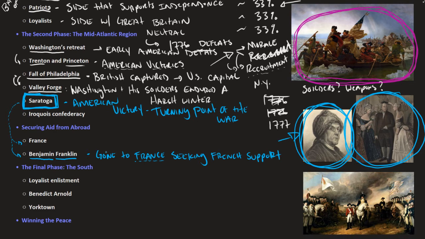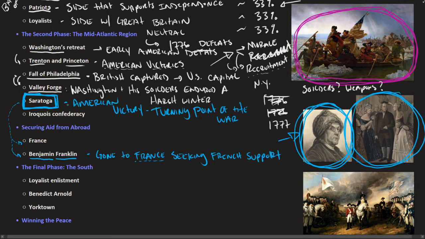And I like to make this comparison: sometimes, take a sporting event, for example, you might be willing to root for an underdog, but you're not willing to bet on the underdog because you're a little bit more hesitant when it comes to actually putting your money where your mouth is. And that's kind of where the French were at. The French were willing to root for the Americans, but they weren't willing to bet on the Americans until the